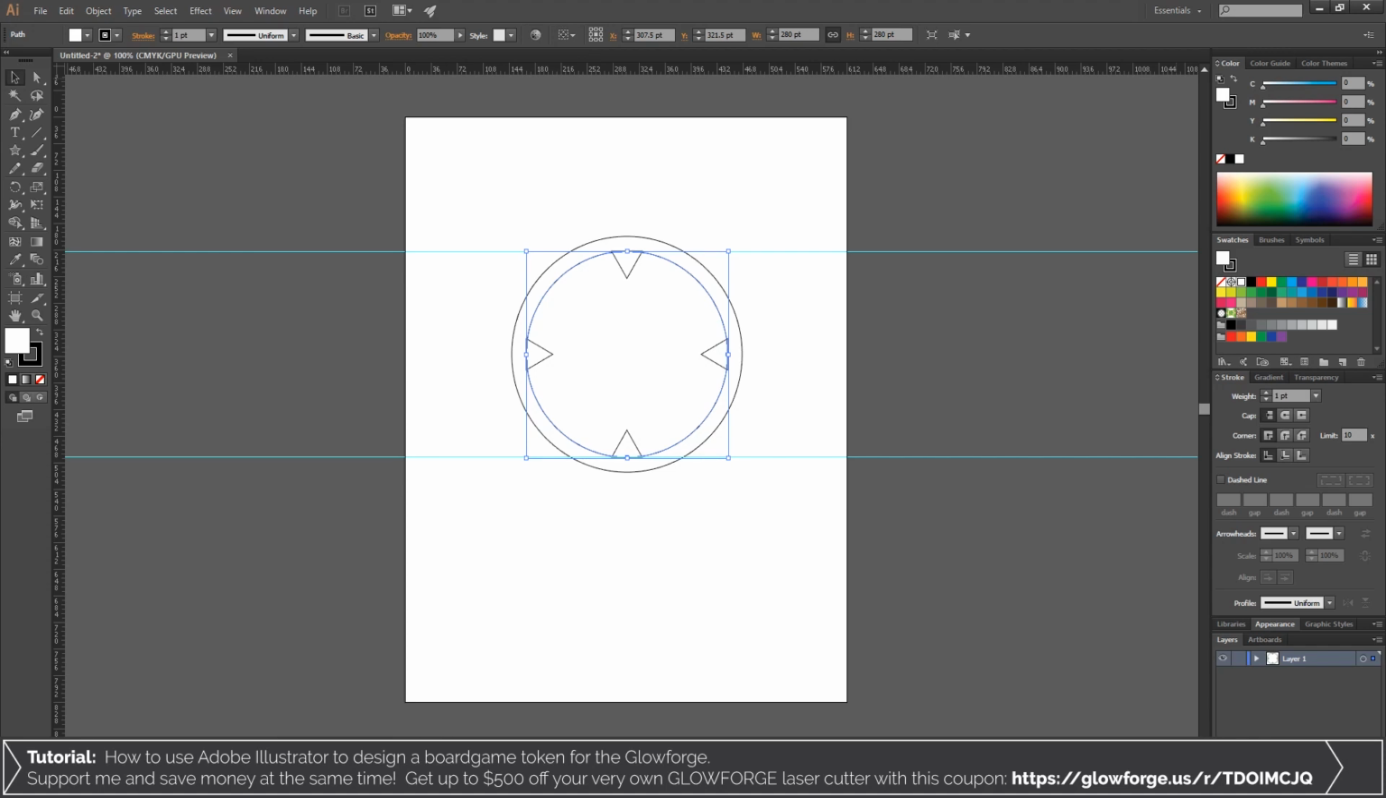So now that you have stroke, increase the weight size of it by, let's give it a 13 point. That looks about right. Now select all 4 triangles